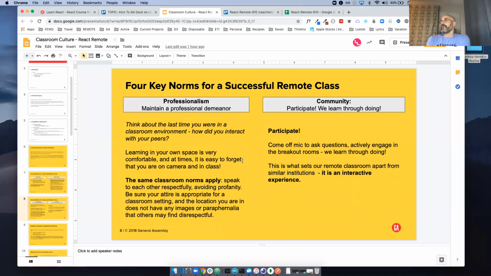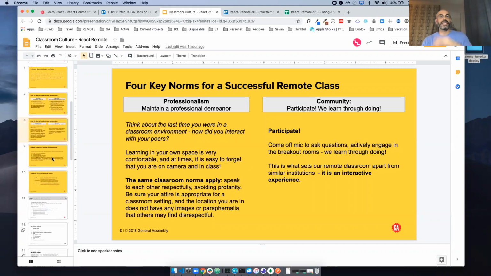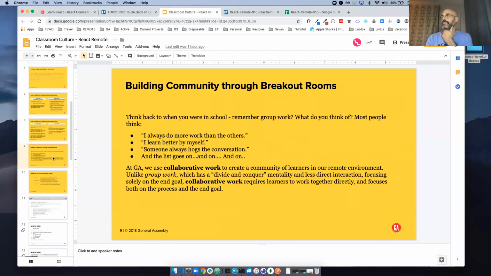Professionalism, norms, once again, back to the norms, speak to each other respectfully. I think we all understand those things. Community participate, ask questions. This class is kind of for you. It's 2 hours. You're not learning JavaScript. You already understand the language and you want to learn React. So by all means, ask the questions that are going to help you learn React to the degree that you need. And once again, if I need to, put them on the sidelines because it's not immediate to what we're doing, I'll do that, okay?